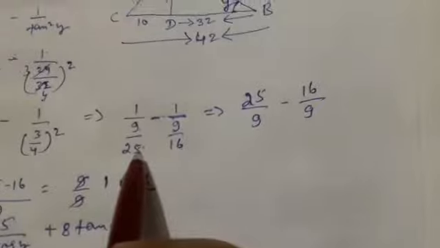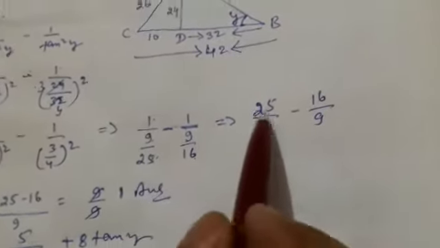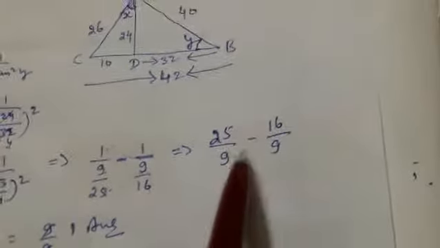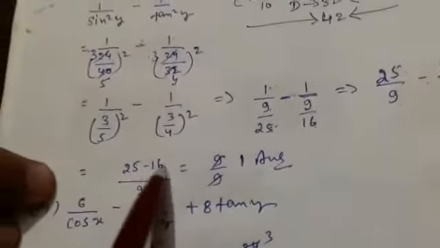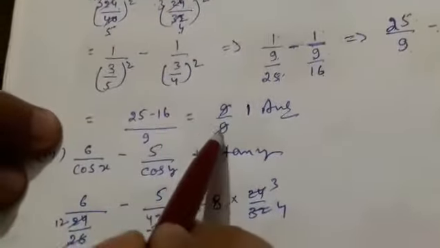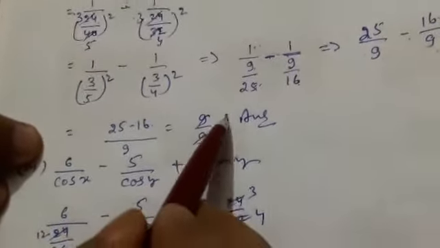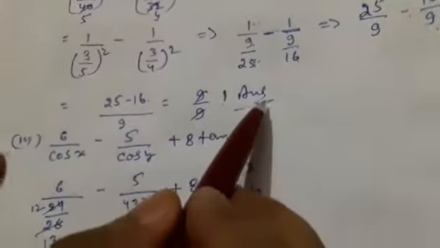now this will transpose to the numerator here. It will become 25 by 9 minus 16 by 9. We will take the LCM of both, this 9, it will be 9. Now 25 minus 16, that is equal to 9 by 9. By dividing, 9 1s are 9, we will get 1. So 1 will be our answer.